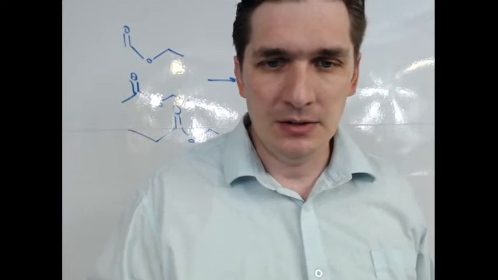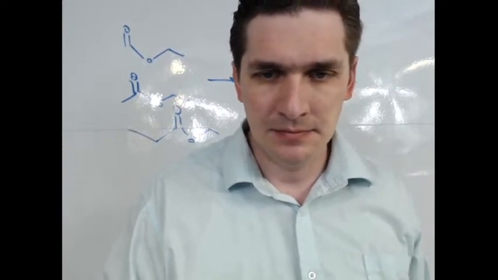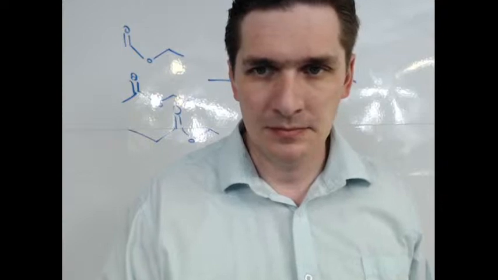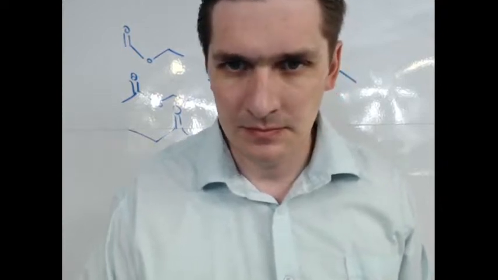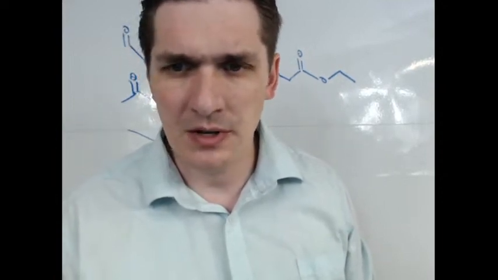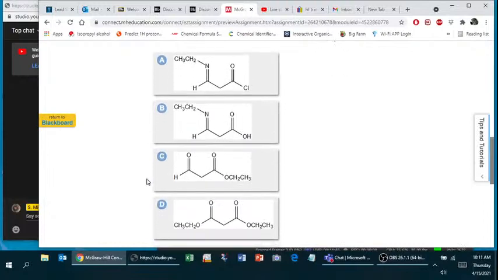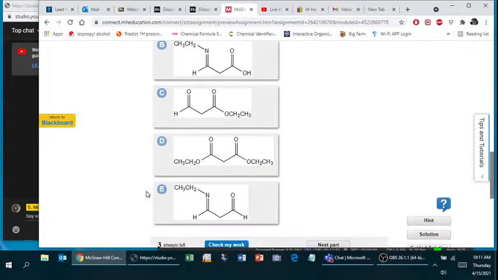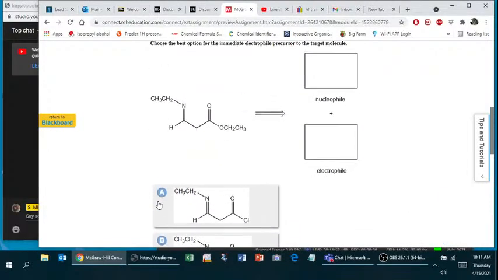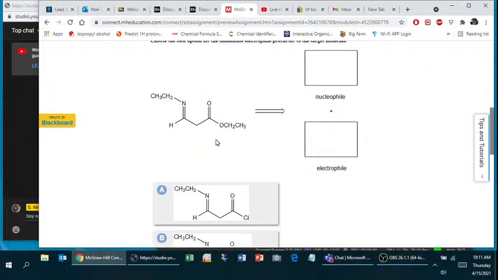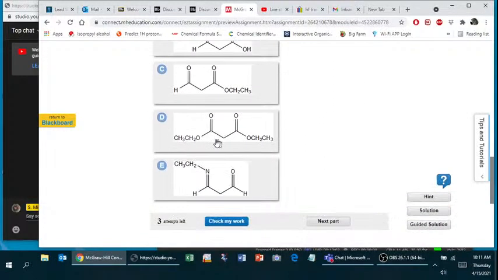So if I had to gander, I'll show you what the options are on the desktop. So we've got A, which already has a nitrogen double bond, B, which already has a nitrogen atom, C, which is an aldehyde, D, which is a double ester, and E, which is pretty much the compound we're starting with minus that substitution. So if I had to gander,